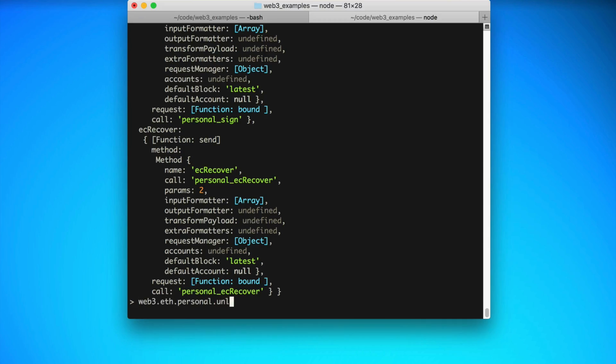And then we can say unlock. Yeah, unlockAccount. And that will essentially allow you to unlock an account, because whenever you use something like Geth, you have a way to manage accounts locally on the node. I can get into details more with that, but essentially just know for now that when you're developing, it's really easy to want to do something like that, where you can just unlock your account without having to sign